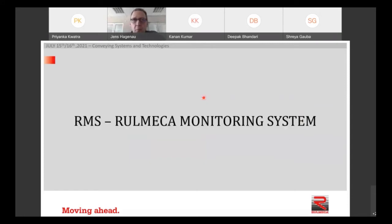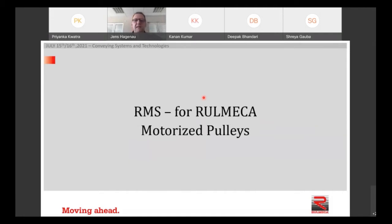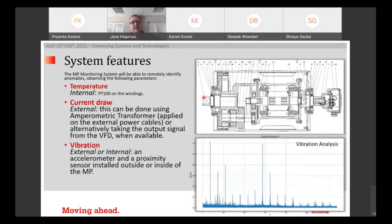So to make the running of a motorized pulley safe, we are just in a phase of finalizing development for the Rulmeca monitoring system. For motorized pulleys, we are establishing a system that measures the temperature inside of the motor. This is already available. We can measure the temperature inside of the motor,